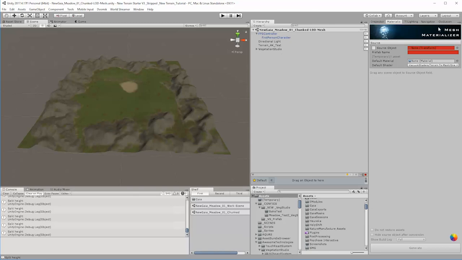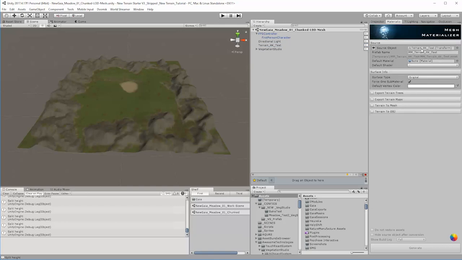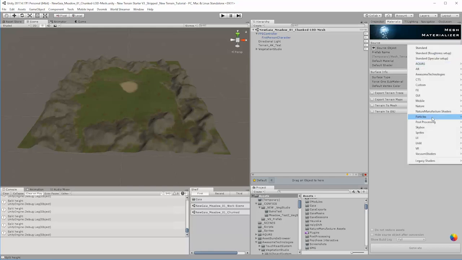But hey, I'm lucky enough to have bought this in the sale a little while ago, and I found a good use for it. So all you do is you stick your terrain in. It wants to know what the prefabs for these new meshes are going to be. I'm going to rename it something that makes sense to me. So mesh terrain 4K. It will create a material for it, and it's asking us what default shader we want to use. I'm going to use their shader because it's got